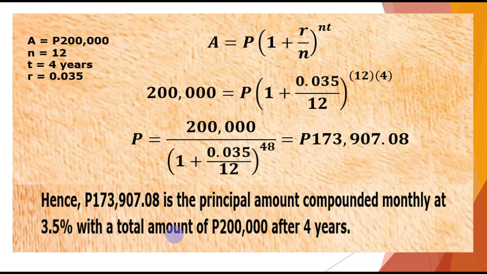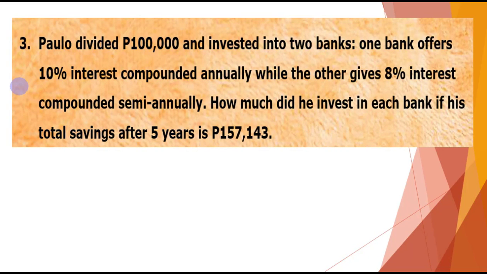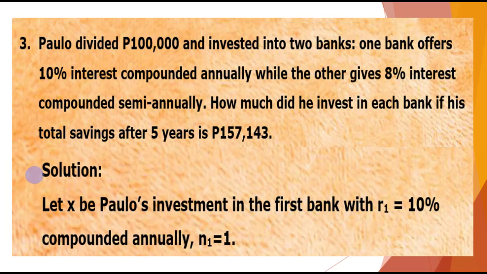For number 3, Paulo divided 100,000 pesos and invested into 2 bank accounts. One bank offers 10% interest compounded annually, while the other gives 8% interest compounded semi-annually. How much did he invest in each bank if his total savings after 5 years is 157,143 pesos? Solution: let X be Paulo's investment in the first bank with R sub 1 equals 10% compounded